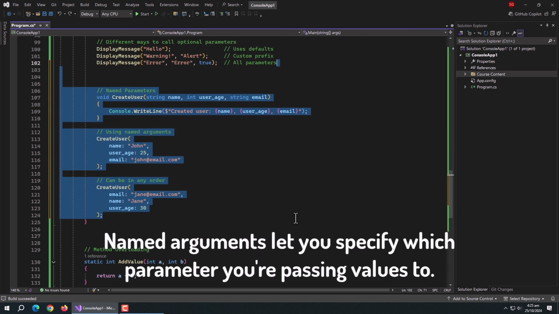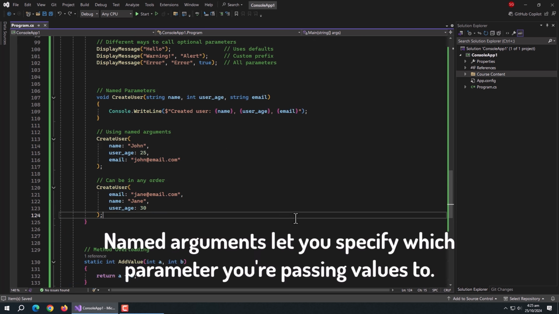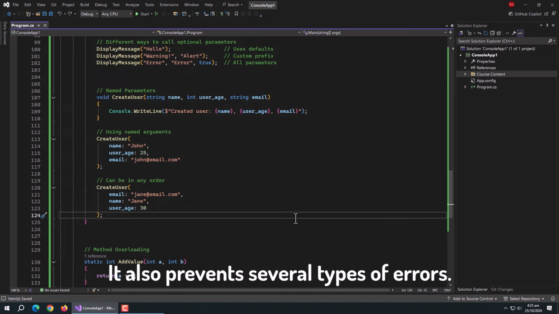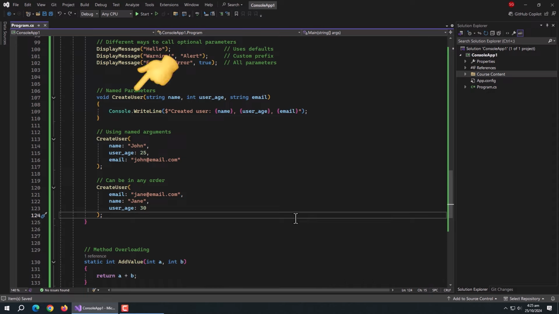Now, let's talk about named parameters. Named arguments let you specify which parameter you're passing values to. They make your code more readable and let you provide arguments in any order. It also prevents several types of errors. Like here, I created a method with 3 parameters and inside it, I printed these parameters. Then I called this method, but this time I also added the parameter name followed by a colon and then